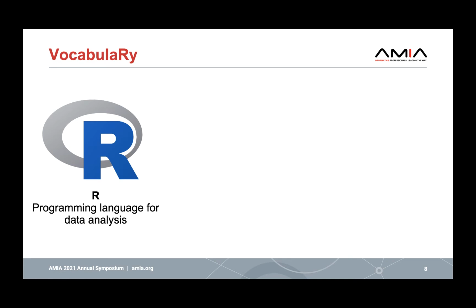Next, I'd like to introduce and contrast three terms that all sound like R. The first is R. And R is a programming language for data analysis. There are lots of things that make R great for clinical data. You can download it for free, it's great for wrangling data, and you can produce publication quality visualizations with it. Also, you can use R to pull data from any of the sorts of databases that are used in most